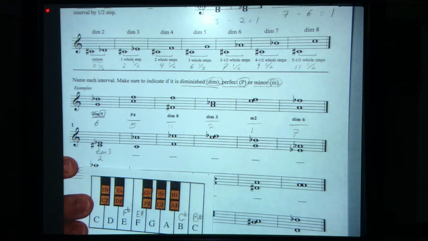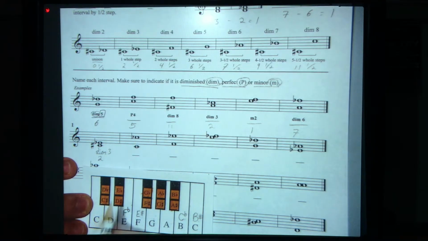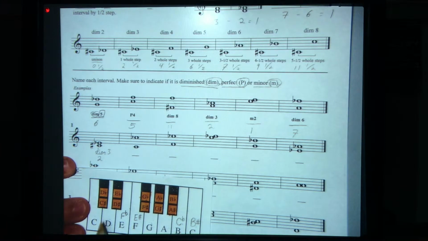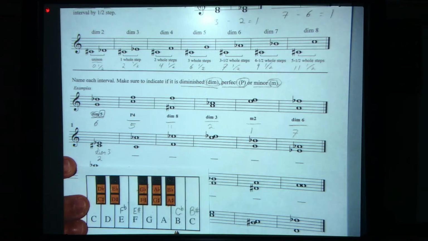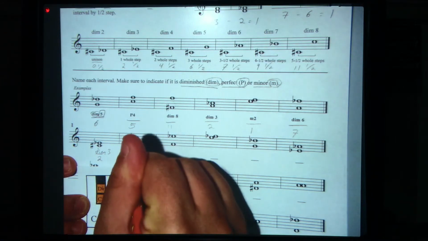Next we've got a C below the staff, all the way up to a C flat. So let's break this down. C will be 0. Let's count the half steps. 1, 2, 3, 4, 5, 6, 7, 8, 9, 10, 11 up to C flat. Remember that C flat is also known as B natural. So we've got 11 half steps. Let's write that below the note. 11 half steps,